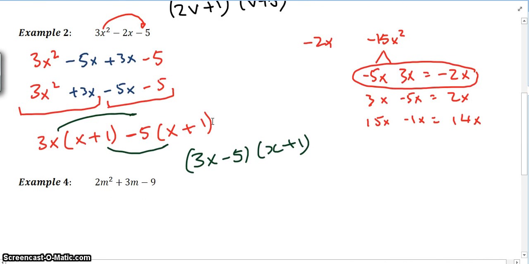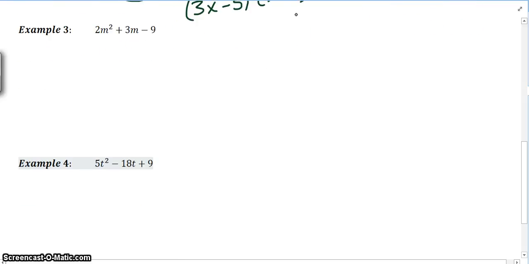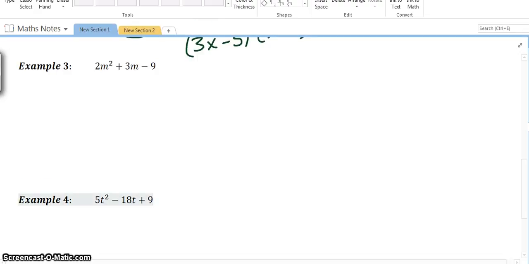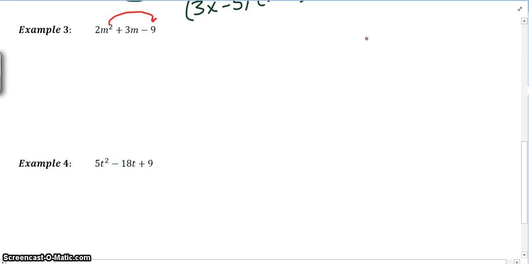And if we just look at the next example now, I think I've jumped to example 4. This should be example 3. This should be example 4. Same thing. What we have to do is multiply these two terms, and so what